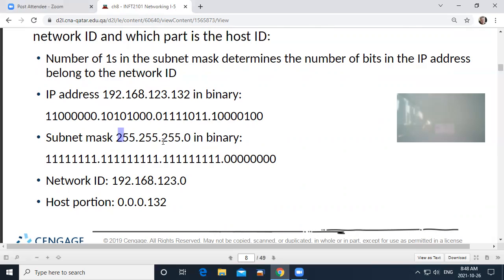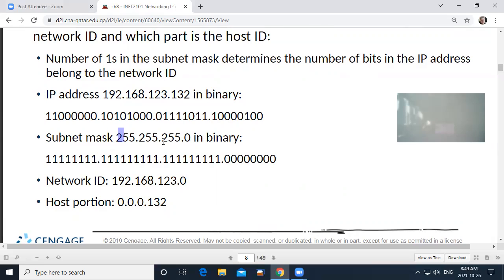Now, you may have seen numbers like this before. Any network that starts with a number between 192 and 223 is a C-class address. If it's a 192.168 address, that means it's a private network. And so here's a private network. Using this subnet mask, we won't use the number 0 because that's the number of the network, but we use the numbers from 1 to 254 as our hosts on the network. So we could have 254 hosts.